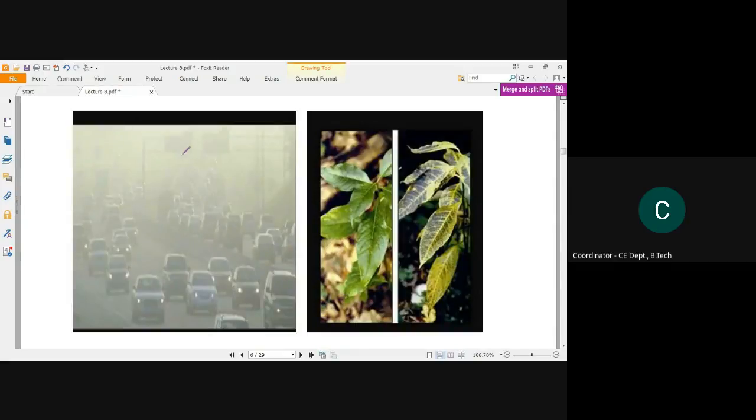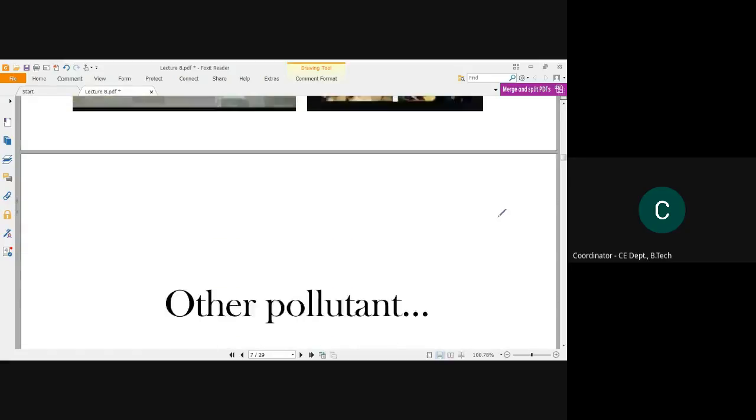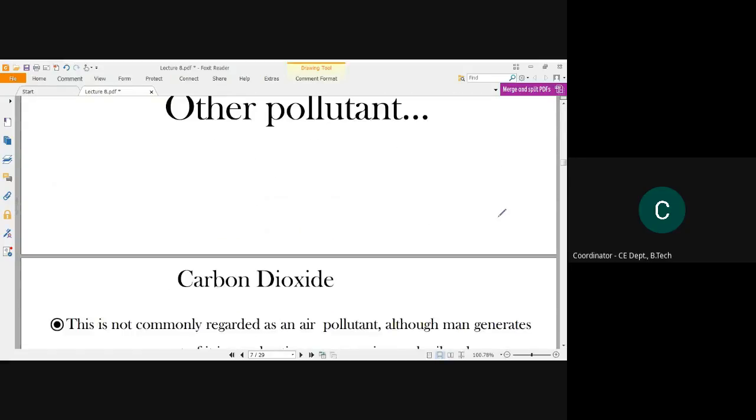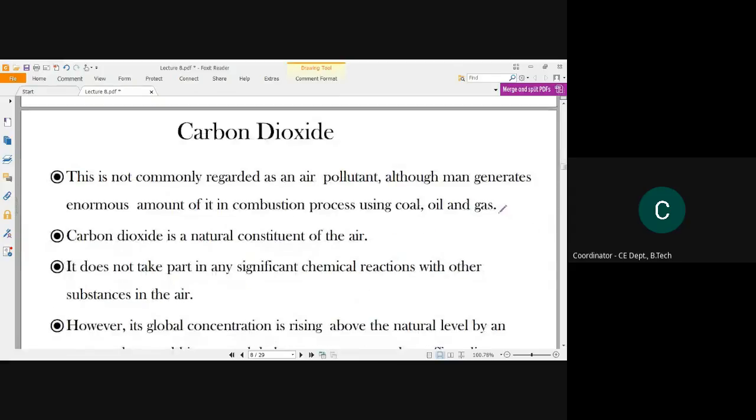This is a picture from our own country, and this is the change in appearance it causes to our nature. See, the chlorophyll and the color of the leaves can be changed due to this smog pollution. So there are other pollutants. So here